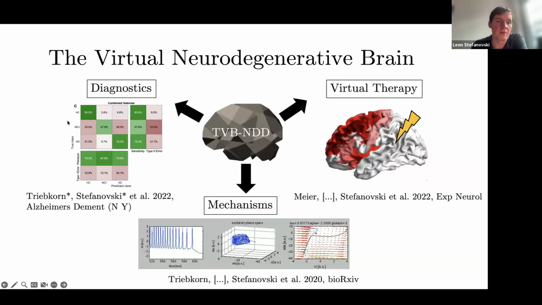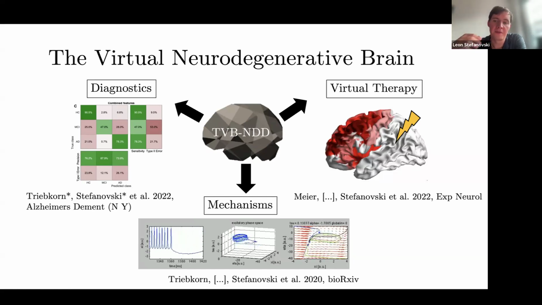That's probably also the most obvious one. When we generate artificial data, when we create biomarkers like fitted parameters, we can use these to improve diagnostics of diseases. Here's one example that I will show later, where we did this for Alzheimer's disease, where we augmented a machine learning classifier by a virtual data set, and in the end improved the diagnostic classification between healthy controls, Alzheimer's disease, and patients